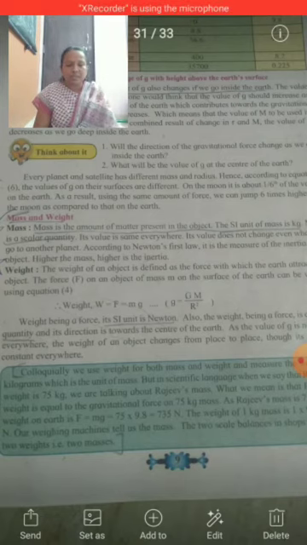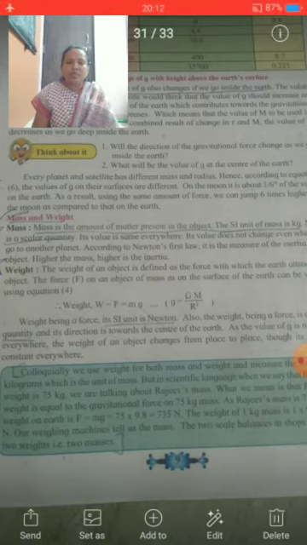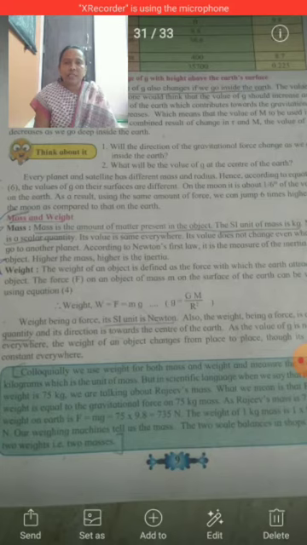See here. For this free fall, the initial velocity, that is u, is equal to 0, and acceleration, that is a, is taken as g. We can write the equations as: the first equation is v = gt. v is the final velocity, g is the acceleration due to gravity, and t is the time taken for the free fall. The next equation is s = 1/2 gt².